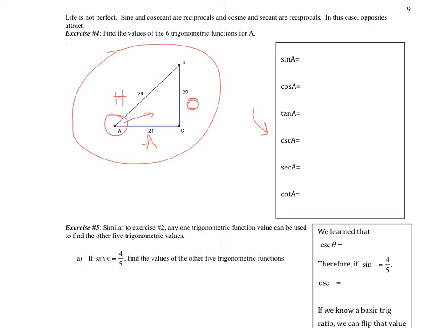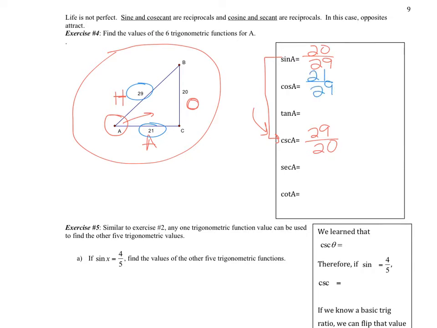So first off, when I find sine of A, I have 20 over 29. So the next thing I would label is cosecant. Since sine of A is 20 over 29, cosecant of A is its reciprocal, so that's just 29 over 20. In the same way, when I do cosine of A, I get 21 over 29,